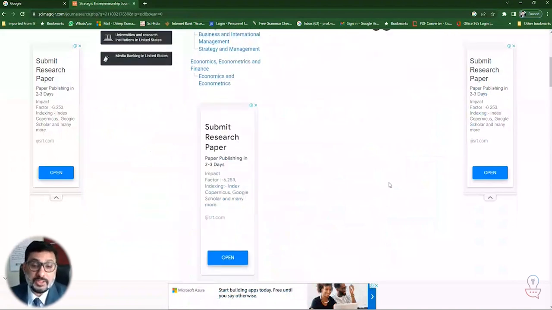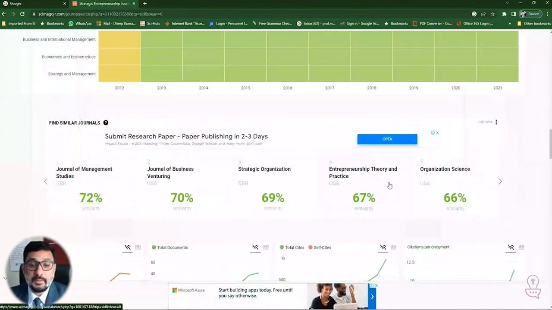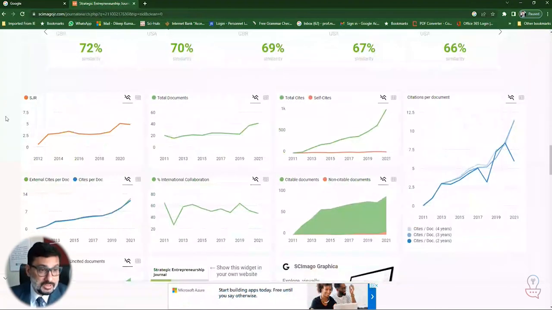So when you look upon the H index, 53 H index is available. And now I'm going down. See here, total documents are going up, 29 to 20. It was okay, parallelly 2020 article, but now in 2021 it has gone up. Citable documents, look upon that. Non-citable documents have gone down drastically. All are citable documents, meaning you can depend on that particular literature review, literature article coming from this particular journal.